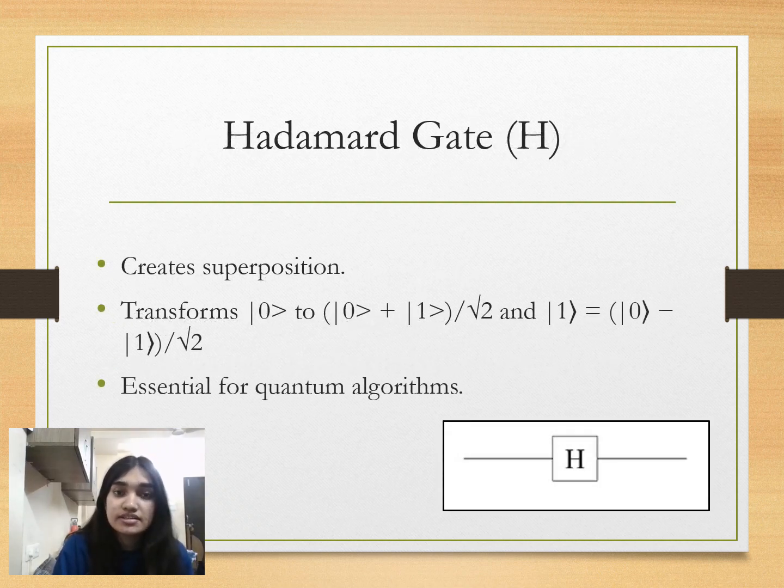So our first gate is the Hadamard gate. The Hadamard gate, represented as H, puts a qubit into an equal superposition state. Its operations are defined as H|0⟩ equals (|0⟩ + |1⟩) divided by root 2, and H|1⟩ equals (|0⟩ − |1⟩) divided by root 2. This gate is used extensively in algorithms such as Grover's algorithm and Shor's algorithm. It is also the fundamental gate used to create superposition and initiate quantum